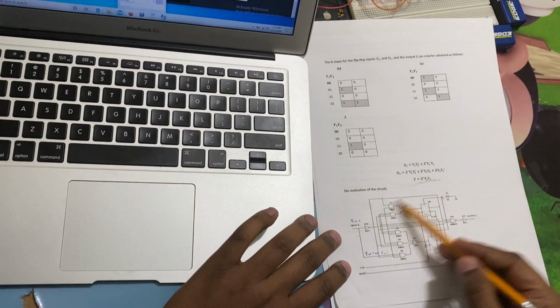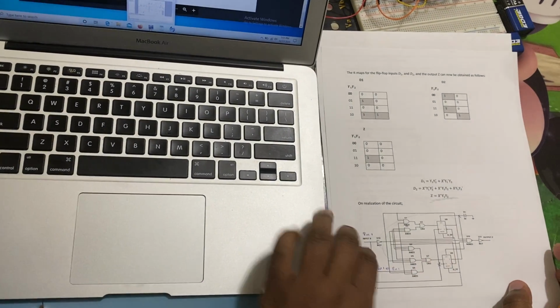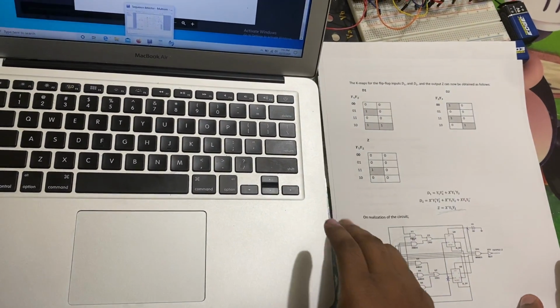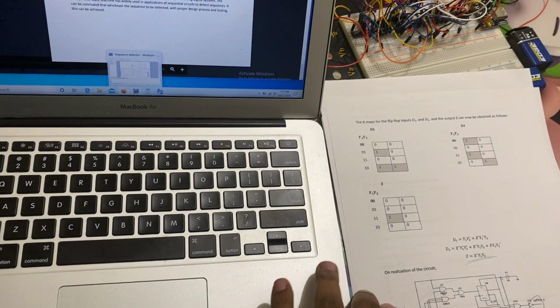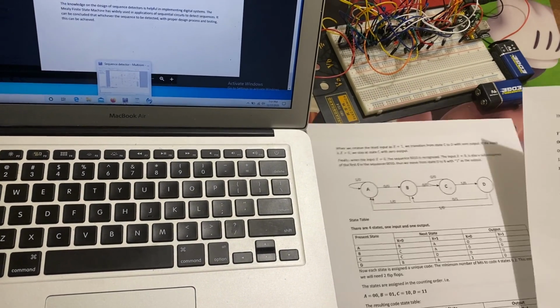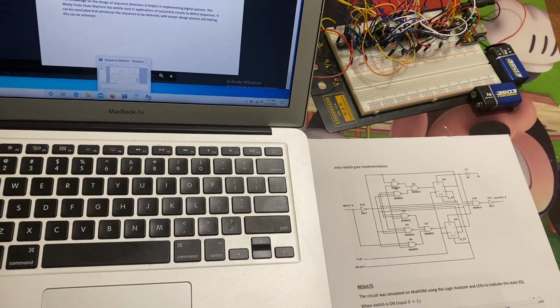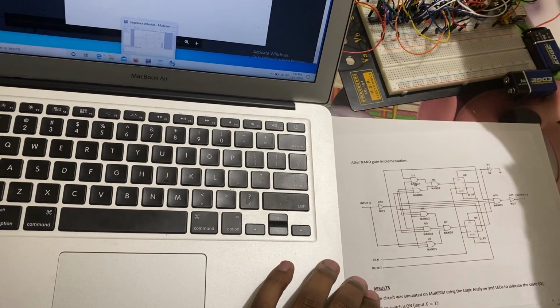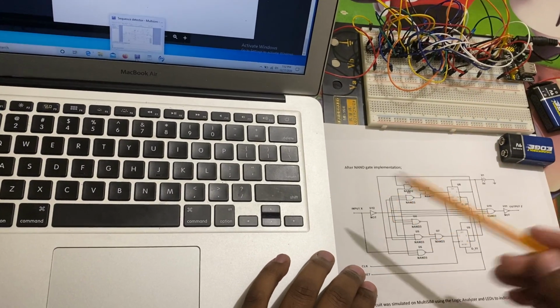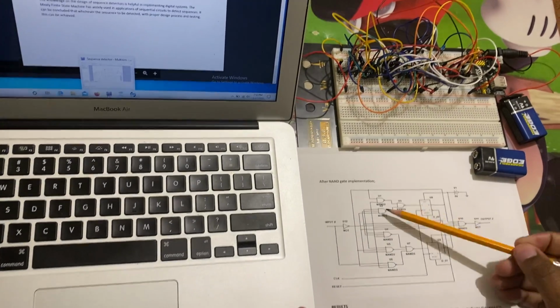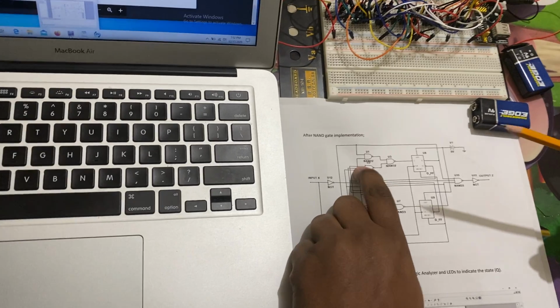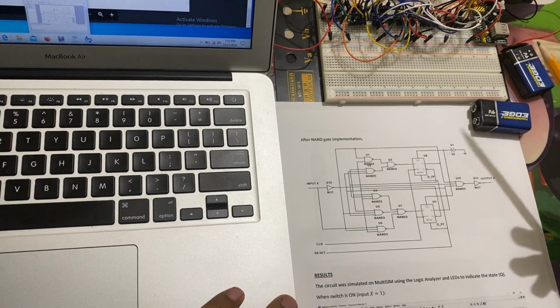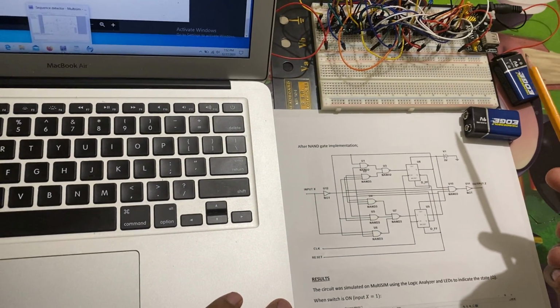This is my first drawing of my schematic. As you can see, my input here, I have my 1 input and 1 output over here. As I show you on my breadboard here, we needed a 3 input AND gate. As you can see, we had a 3 input, but we were not given any. So I tried using two